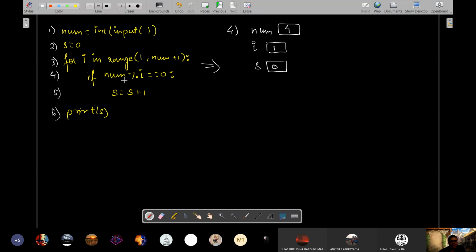Now you see, when you divide num, which is 4, by 1, what remainder will you get? 0. So this matches the right hand side of double equals to. Therefore the condition will be true.